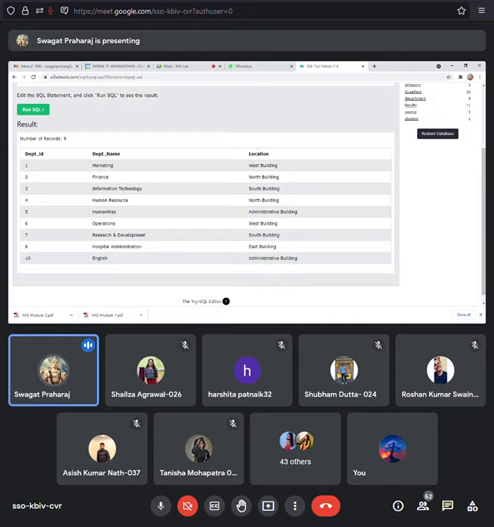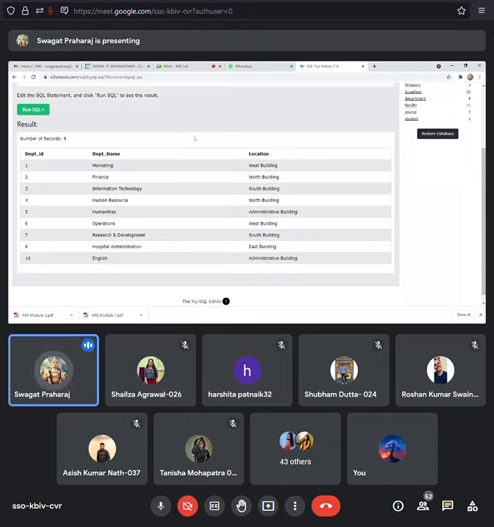All right. Now, can you tell me out of these 3 attributes, which is the most important attribute? The department ID is the most important attribute, because with the department ID we can uniquely identify. If you see here, there are no duplicate numbers. If it is 1, it definitely means the marketing department, and the location is West Building. Similarly, department number 2 is finance, and the location is North Building, and so on and so forth. So this is an example of a table within a database.